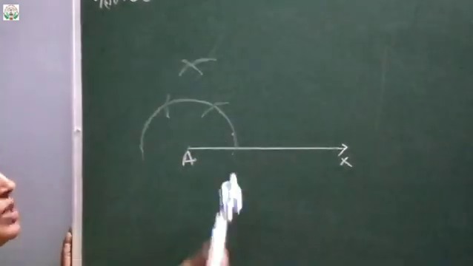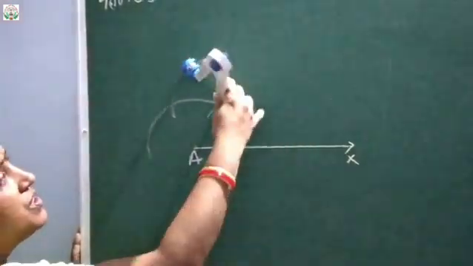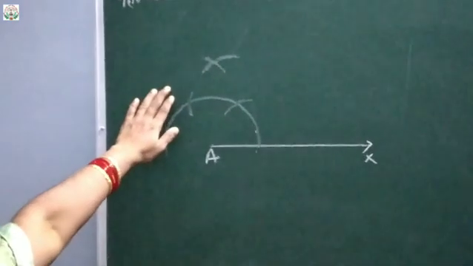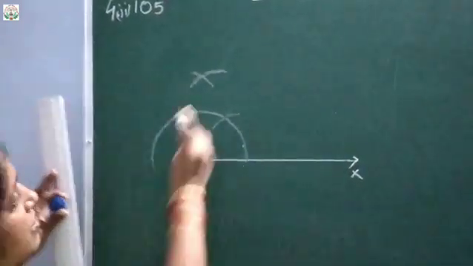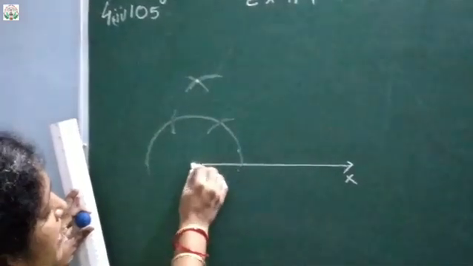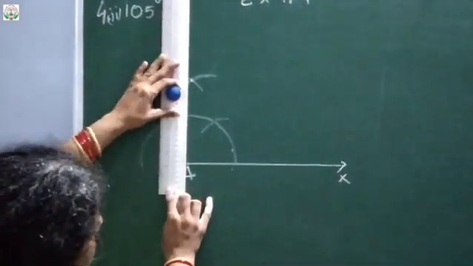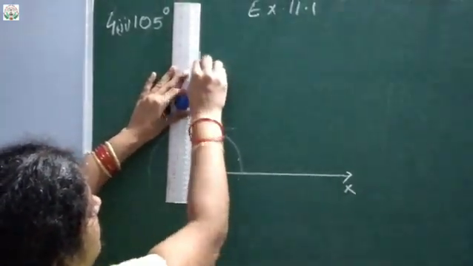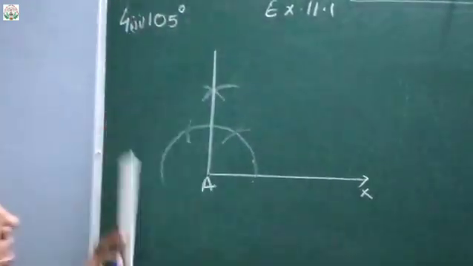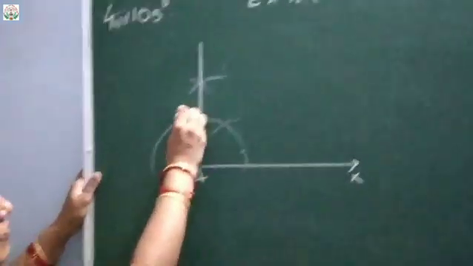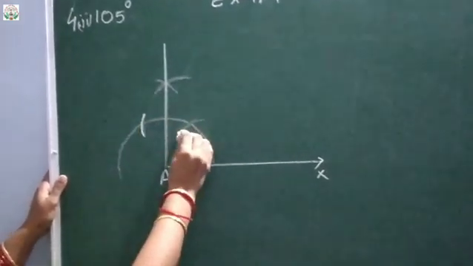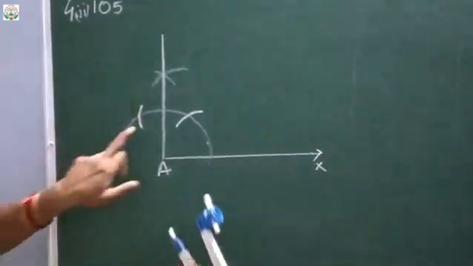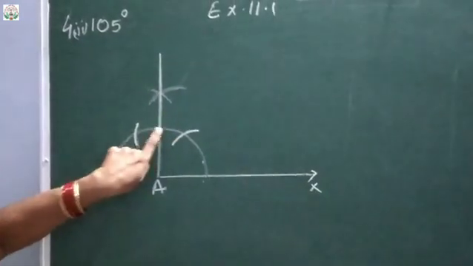So we are getting 90 degree: from 60 draw an arc and keeping at 120 draw an arc. Wherever the intersection takes place, that is our 90 degree. So this one we will join with the initial point A. Likewise we will get a straight line. Now this arc is 120 and this is 60. I have just darkened it. Now 105 is the angle bisector of 90 and 120.